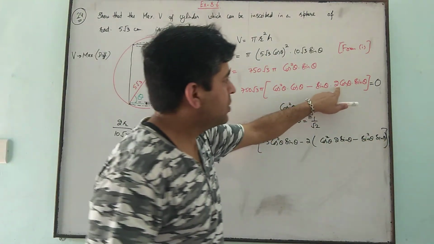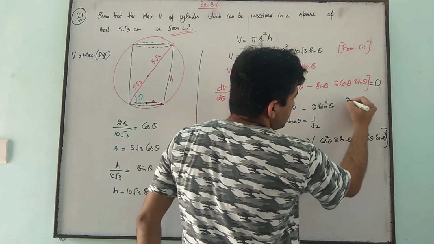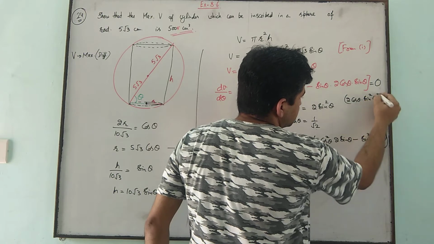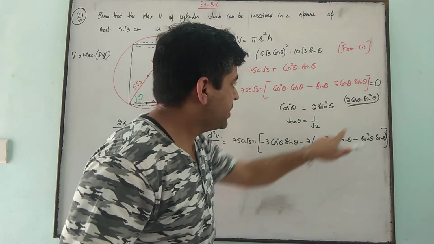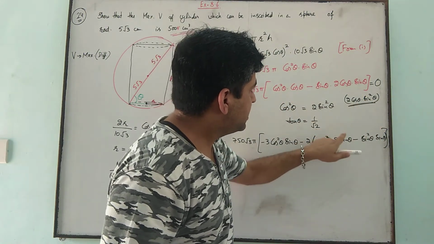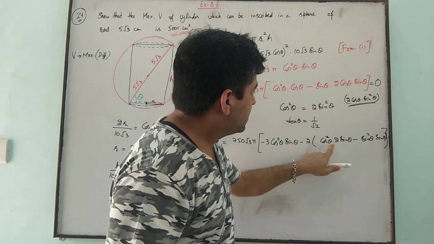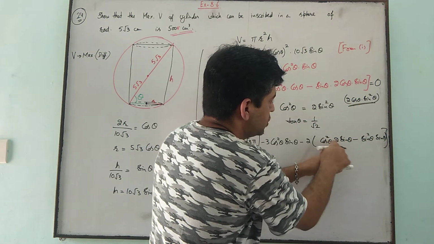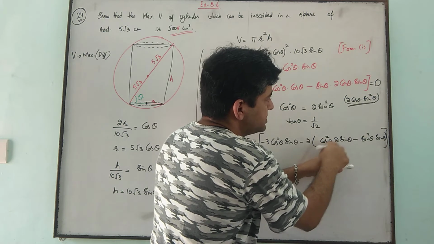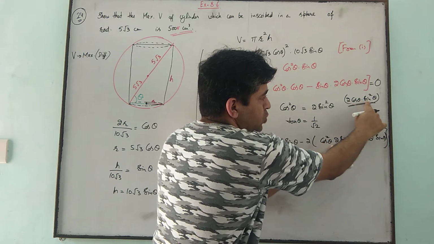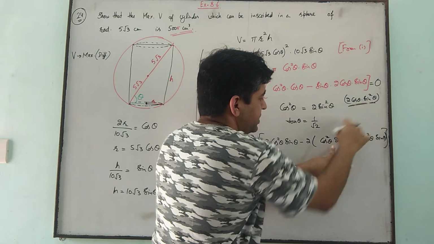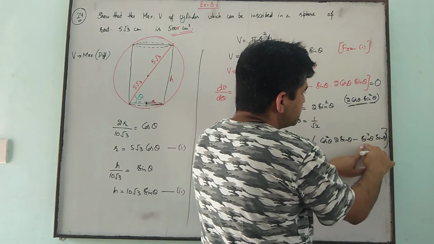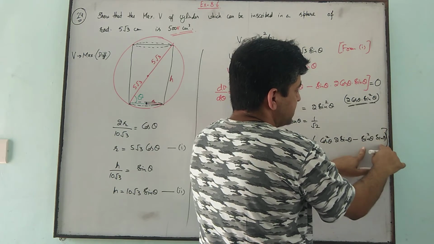Here you have to apply 2 cos theta into sin square theta. This is the thing. So we need to apply u into v, 2 as it is. Then for cos theta as it is, cos theta as it is, cos theta as it is, 2 sin theta, for sin theta 1 more cos theta, plus sin square theta as it is for cos theta minus sin theta.